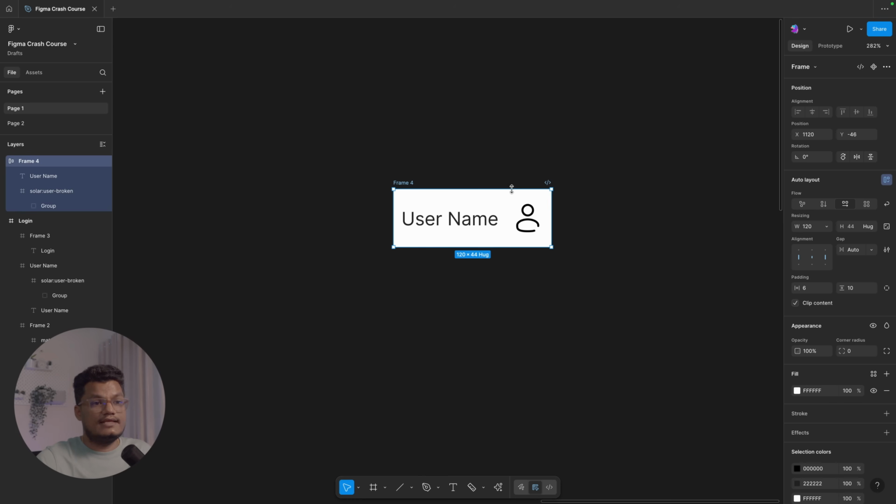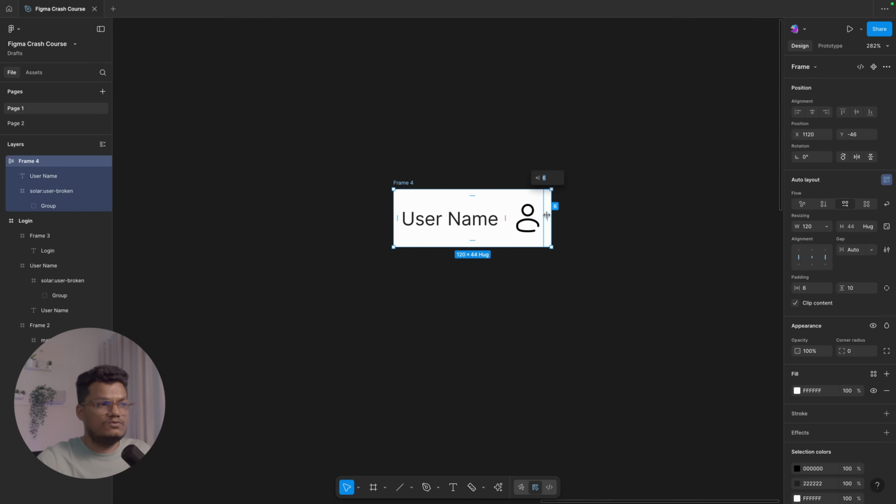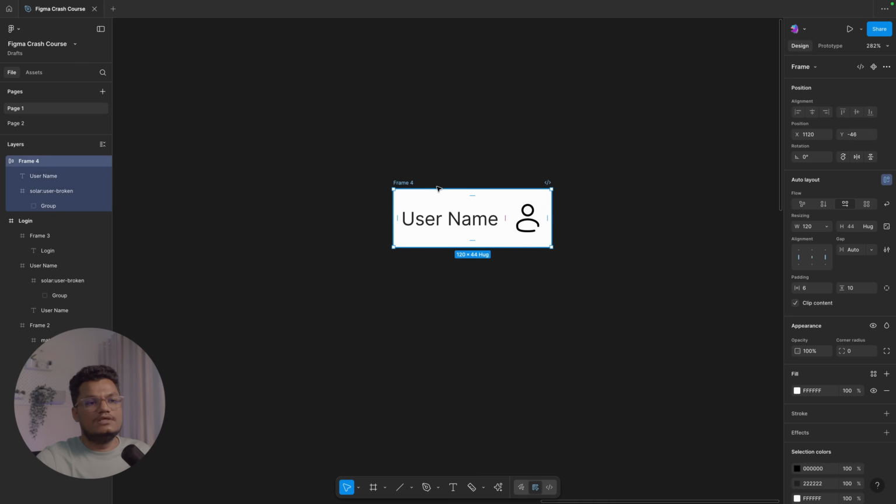Let's try to give this color to the text, and this is my text. And like I said, if you hover here, it actually shows how much padding you have to the right, how much padding to the left, how much padding top and bottom. So these are different properties you have here. And if you see one more thing here, the complete frame is with a fixed width 120,